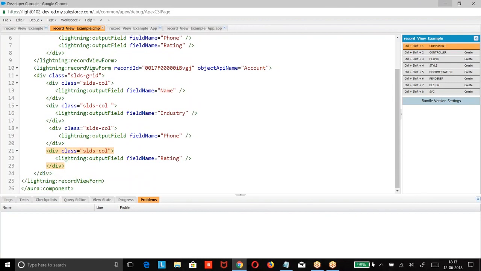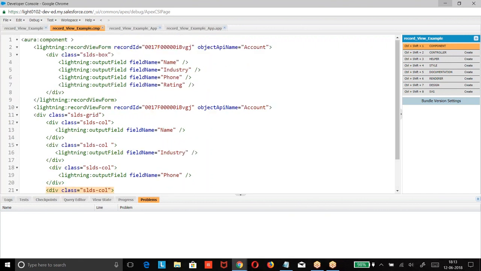Now, what was this record view form, where we mention the ID of the record and the record API name? If you want to pass the ID dynamically, it's your choice. You can take it from an application, from has record ID, or get the ID from the controller. When you click on a button, go to the controller, write a query, get the ID, display the data. How you pass your ID is your choice, but if you pass the ID of the record, you are going to get it. Are you clear about it?